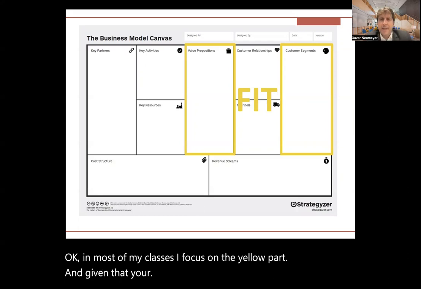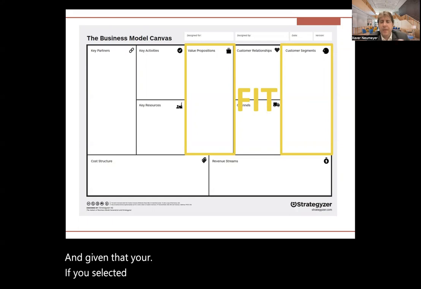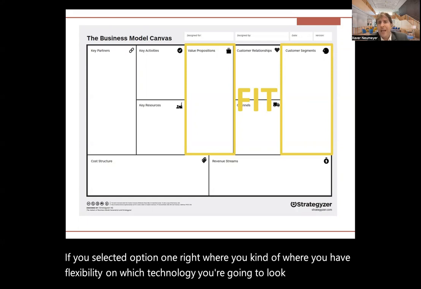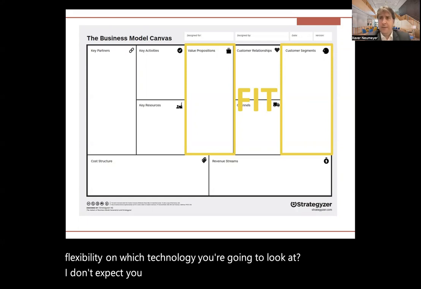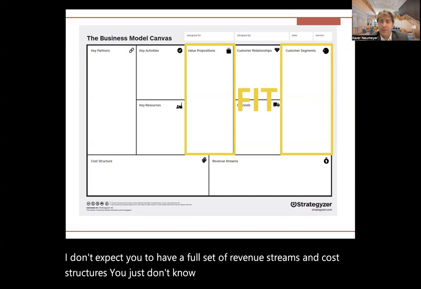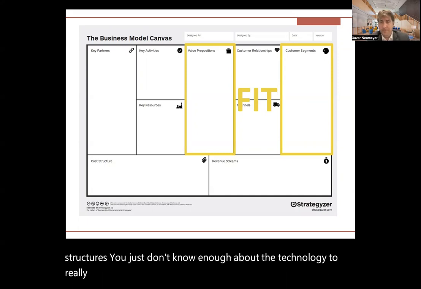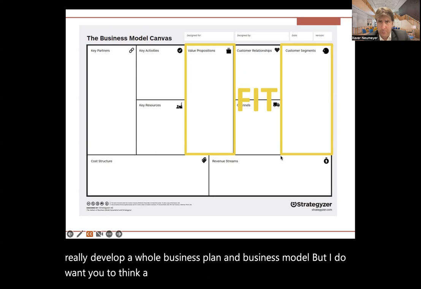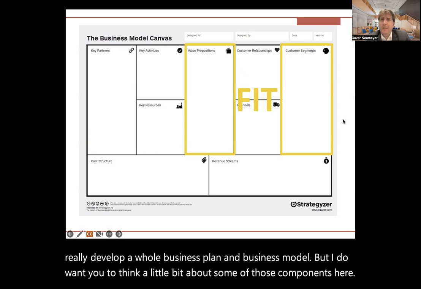If you selected option 1, where you have flexibility on which technology you're going to look at, I don't expect you to have a full set of revenue streams and cost structures. You just don't know enough about the technology to really develop a whole business plan and business model. But I do want you to think a little bit about some of those components here, whether it's value propositions,